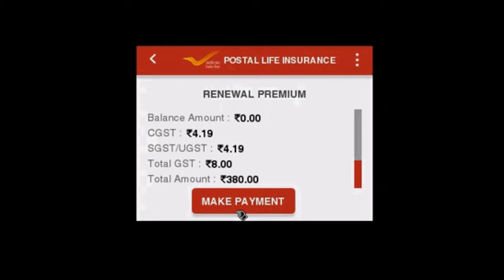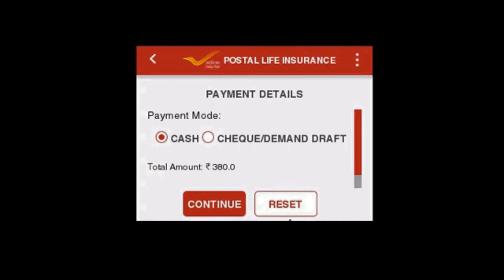Now the payment mode, cash and check. There will be two options, cash and check. Through check it can also be taken. Now if we select check, there will be two options, POSB, non-POSB. POSB means post office check and non-POSB means any bank check. If it is non-POSB, then IFSC code, MICR code, check number, bank code to be incorporated one by one in the given space.